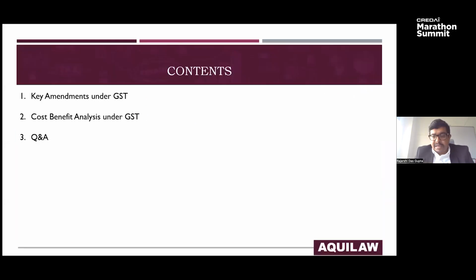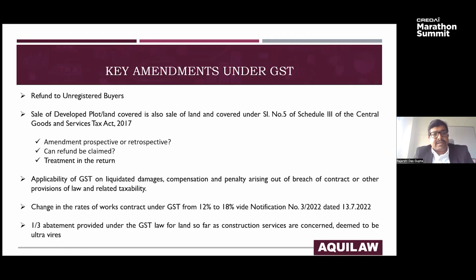So to start off with, the key amendments. The first amendment, which has come in just a few days back, is a very welcome amendment. It is regarding the refund to unregistered buyers, just to put everybody on the same page. What used to happen is that a buyer procures a property and thereafter cancels for whatever reasons, and if that cancellation happens after the period till which the credit note can be issued, which was previously 30th September of the subsequent financial year, now extended to 30th November,